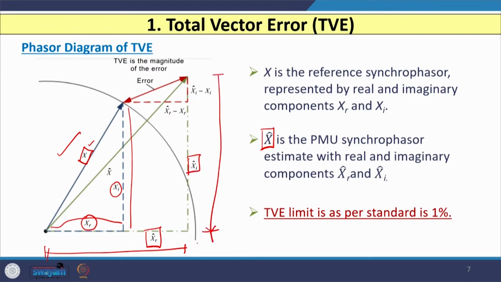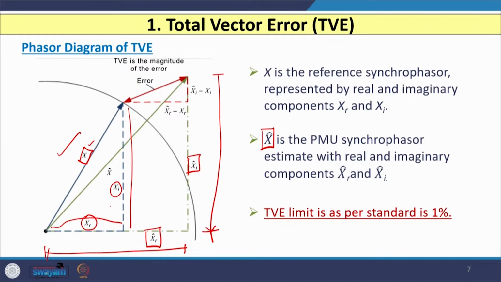So, if you take the difference of xr hat and xr, then you will get the error in the magnitude part, that is the real part, and if you take the difference of xi hat and the imaginary part of x, that is xi,